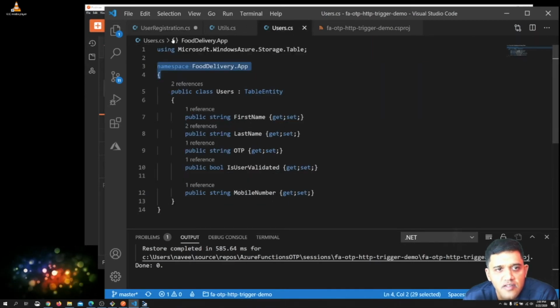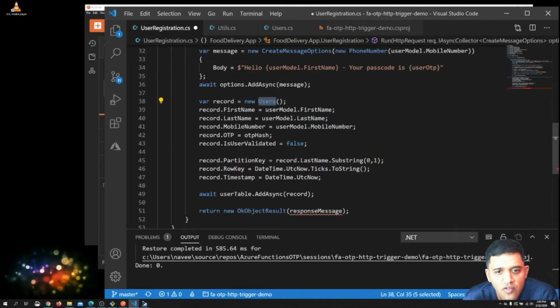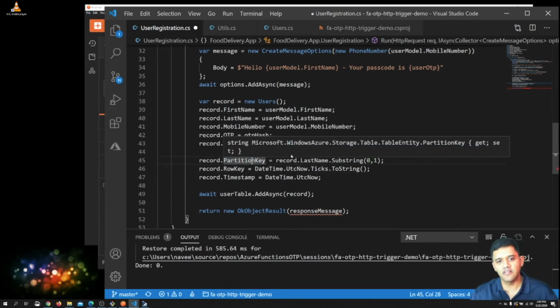The thing I want to note down is we have this partition key and row key. So let me take a moment to explain this. A partition key is used in a flat table to horizontally partition the values across a storage space. Because this is a non-relational structure, it is easy to partition horizontally.